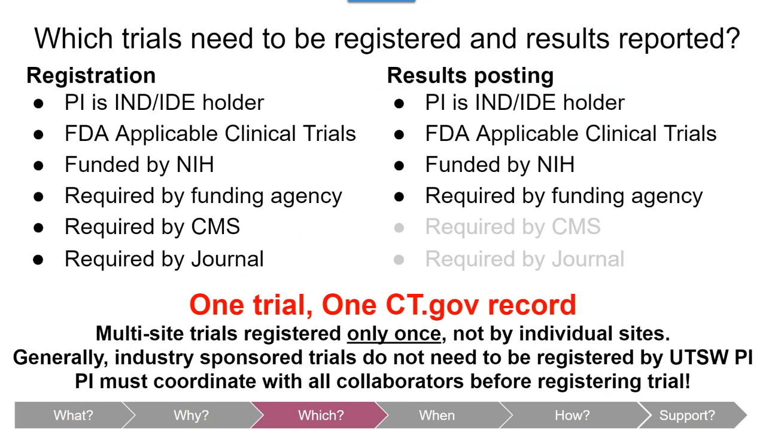So again, the important thing to remember here is one trial, one ct.gov record. Multi-site trials are not registered by individual site. So if your trial is a multi-site study, it must be registered only once. In general, the IND/IDE holder or main site PI and industry sponsor will be the responsible party to register the trial on ct.gov. So your PI must coordinate with all collaborators and the sponsor before registering the trial on ct.gov to avoid